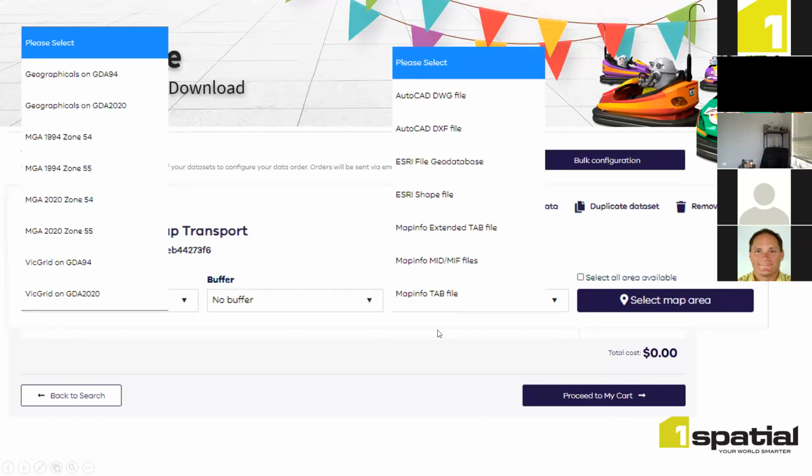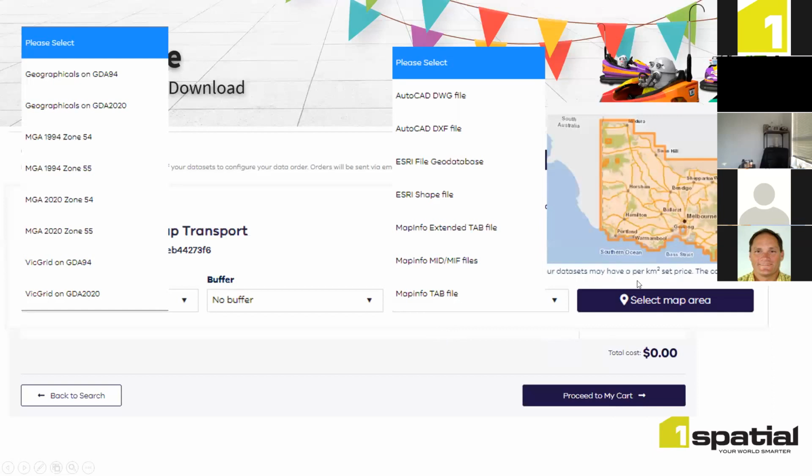Oh, sorry, I should say you can also select a cookie or an area of interest to download a subset of a statewide data set. So there's 1, 2, 3, 4 configuration items. Once you hit proceed to cart and proceed to order,